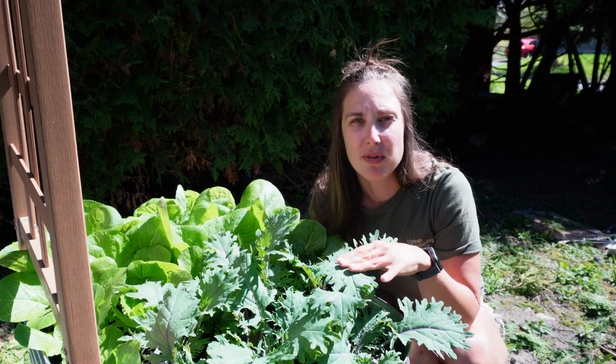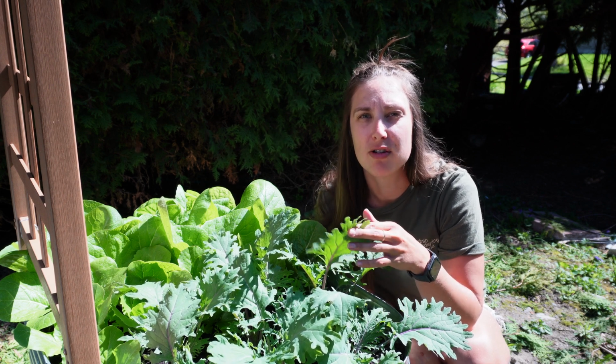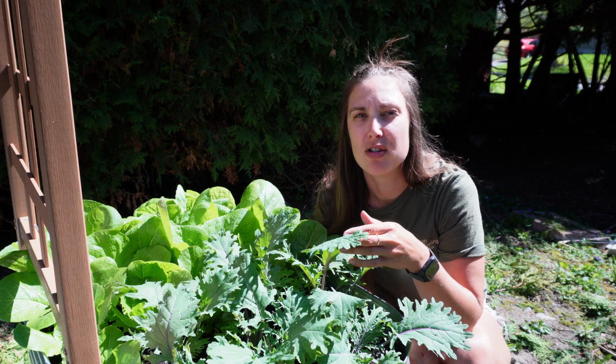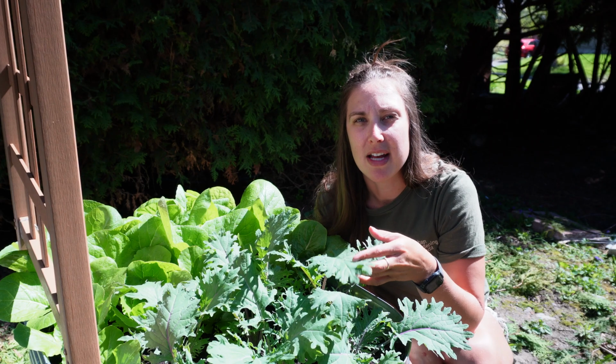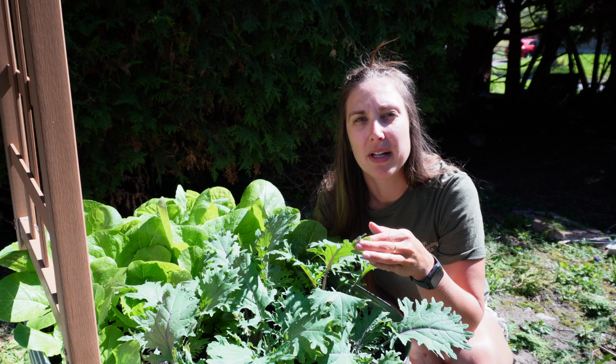The biggest pest with kale is the cabbage moth. It's a white moth that you'll see flying around during the daytime, and they lay eggs on the plants and they grow into caterpillars that will eat the leaves. These caterpillars are really difficult to see because they blend in perfectly with the green of the leaves. So if you notice any damage, that's when you'll want to check for any type of caterpillar that's on your